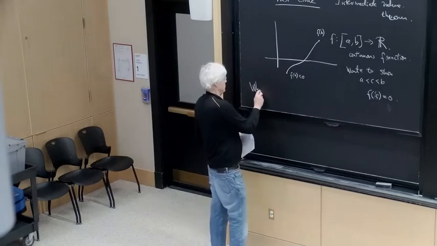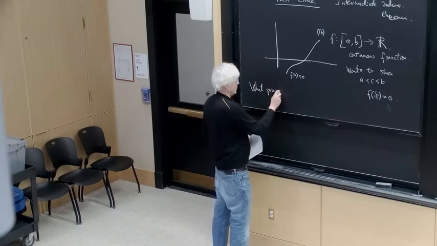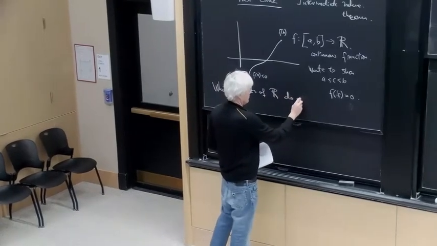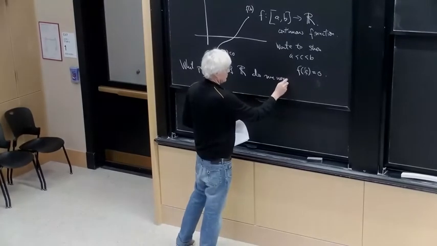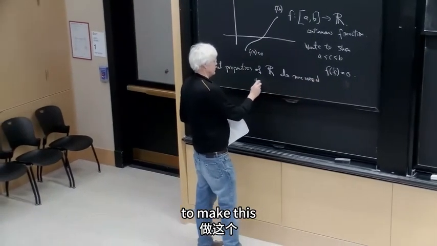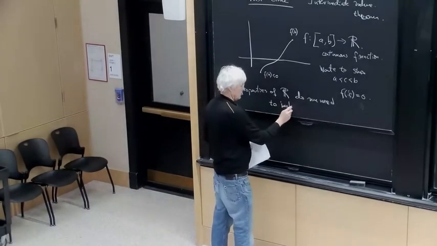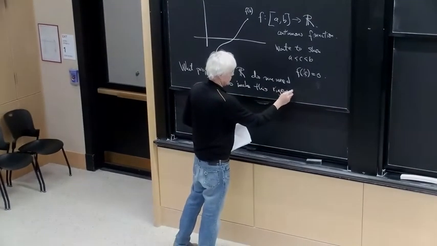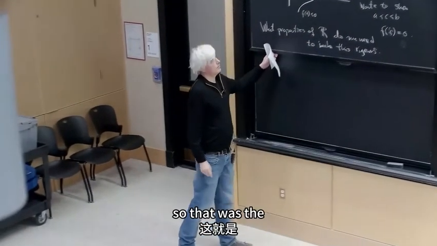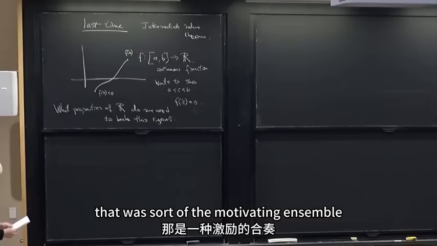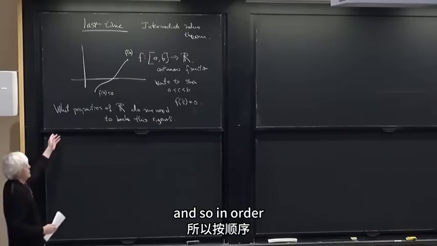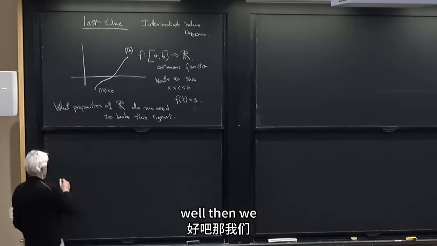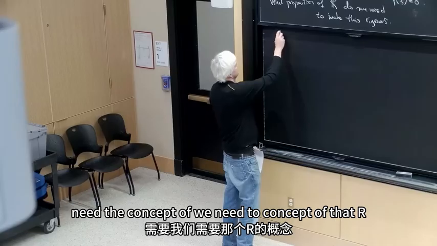what property of R do we need to make this rigorous. Right? So that was the motivating example. And so in order to make this rigorous, we need the concept of